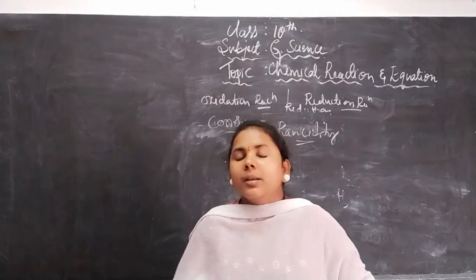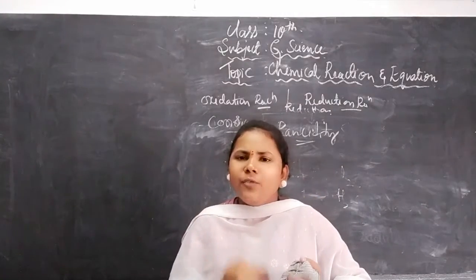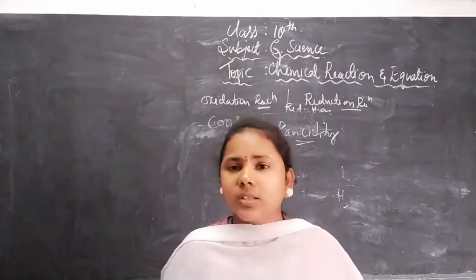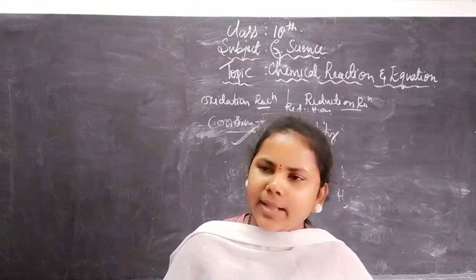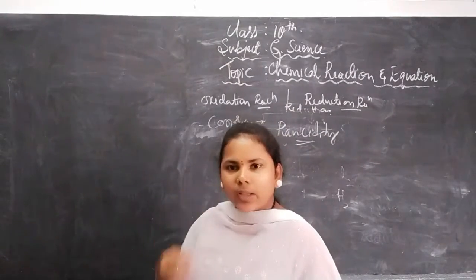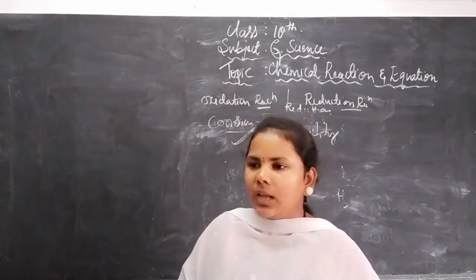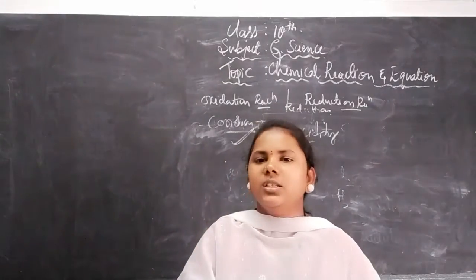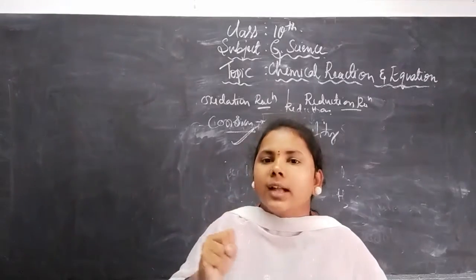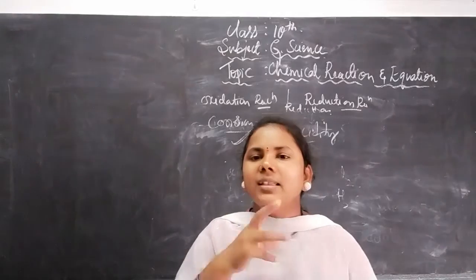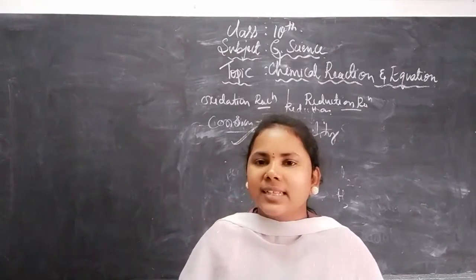Okay. Now, how can we avoid this oxidation? One more question. Corrosion can be prevented by painting, galvanization as well as anodization. These are the different processes. And how can you avoid rancidity? I have told you, by flushing the food items with nitrogen gas and packing them. Then it can prevent the spoilage of the food as well as its rancidity.